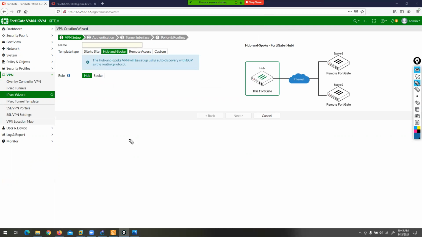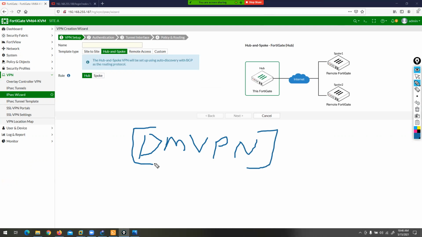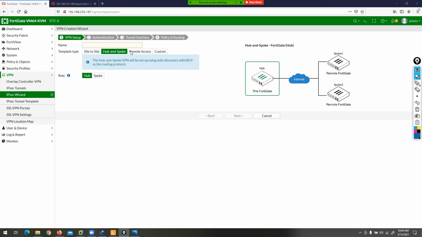Remember in routing and switching, there is an option for DMVPN, dynamic multipoint VPN. Guys, do you know about it? We have that option here: this one will act as a hub and these two as spokes. It's called hub and spoke topology. Next one is called remote access.